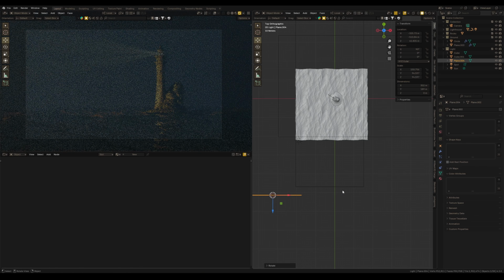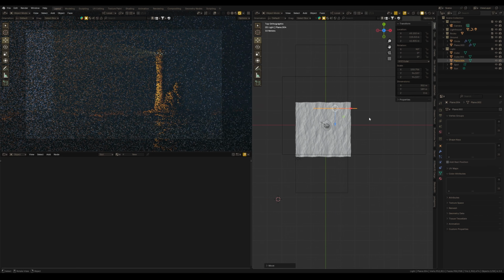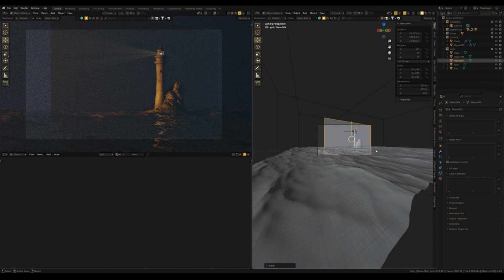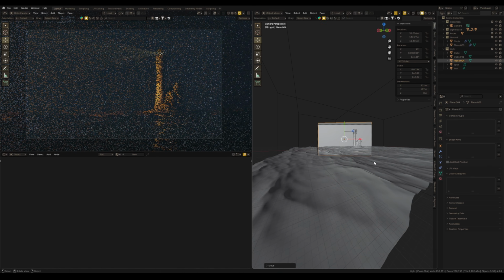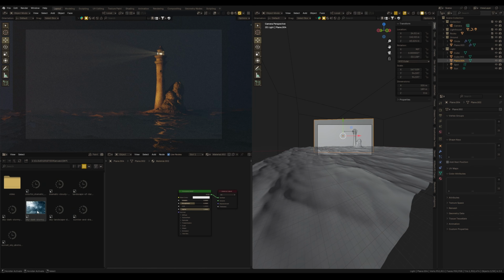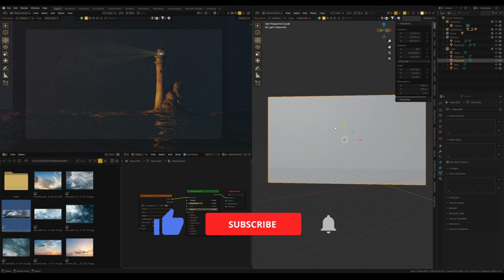And in order to avoid that uniform darkness behind the lighthouse, I guess it would be great to add some sky. It also emphasizes such an atmosphere. So I need a new plane and place this one behind the lighthouse to cover the whole frame. I have already shown this technique in my videos, by the way, subscribe to my channel.